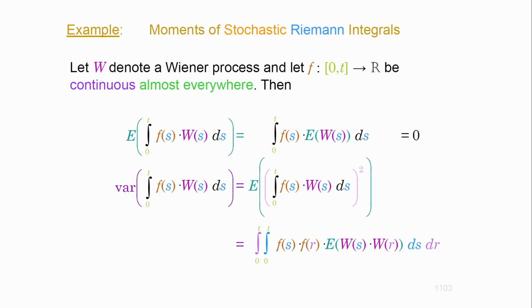So again, we were doing that. I'm not going to do it again, but this expression turned out to be that double integral. Okay, so first you integrate with respect to r, and then you integrate with respect to s, and you integrate what? The deterministic function at point s times the deterministic function at point r times actually the autocovariance function of the Wiener process, which was, again, you saw, the minimum of those time points, right? So we're going to apply this.